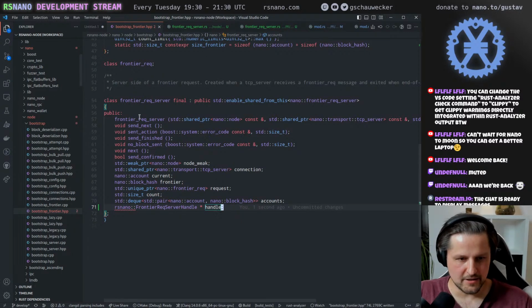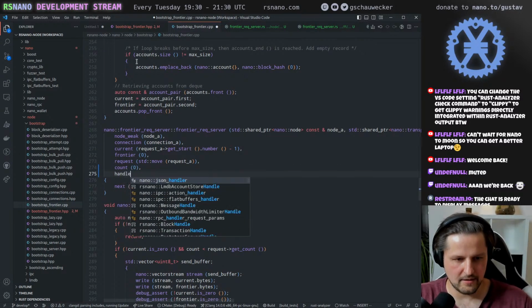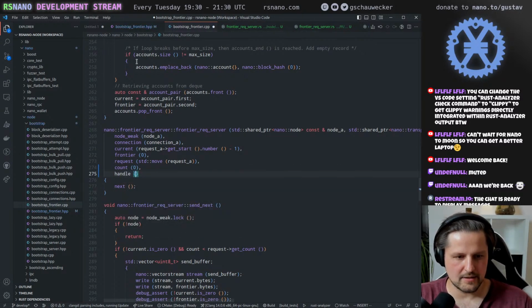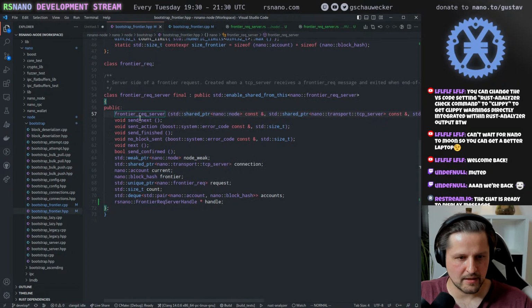And this one we can initialize in the constructor. So let's do that here. Handle is rsnano rsn_frontier_request_server_create. So this creates the handle,